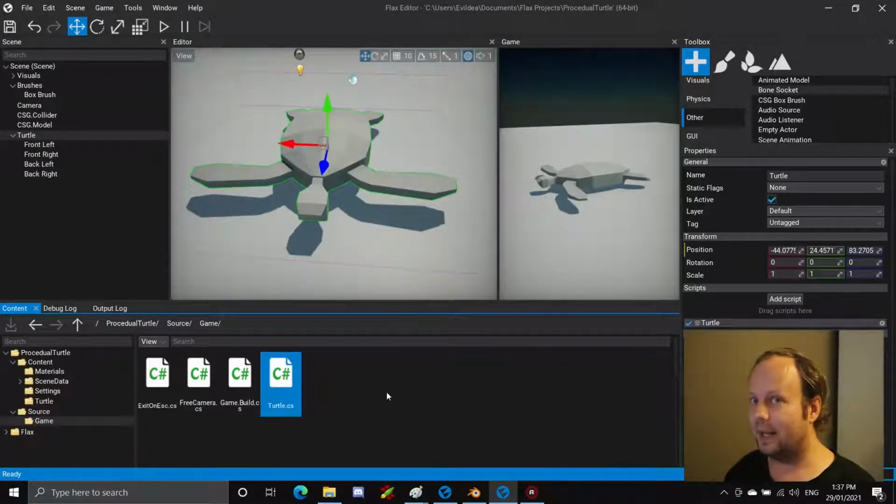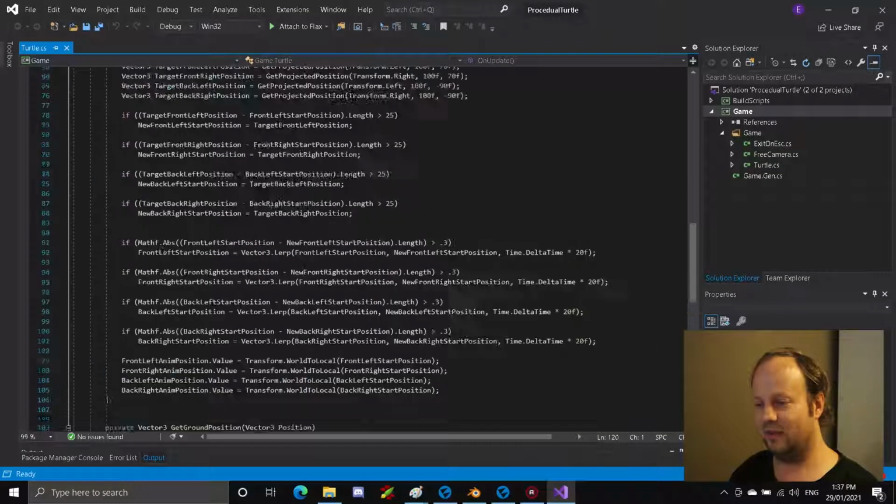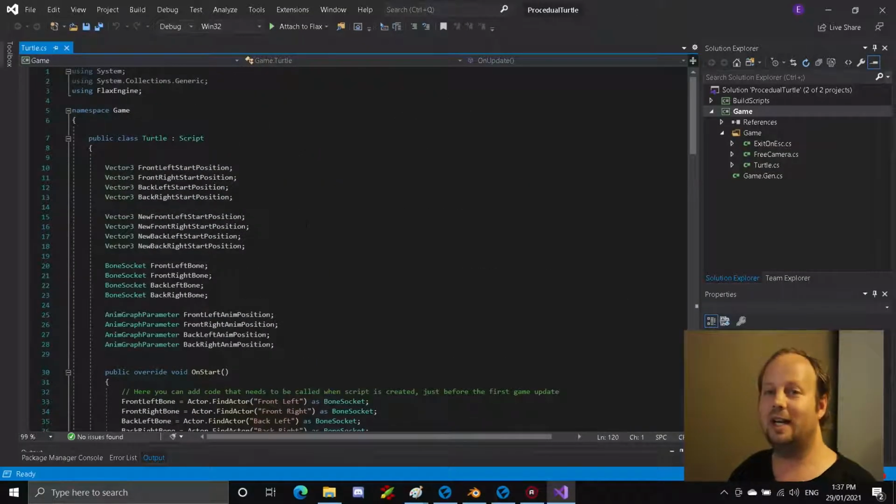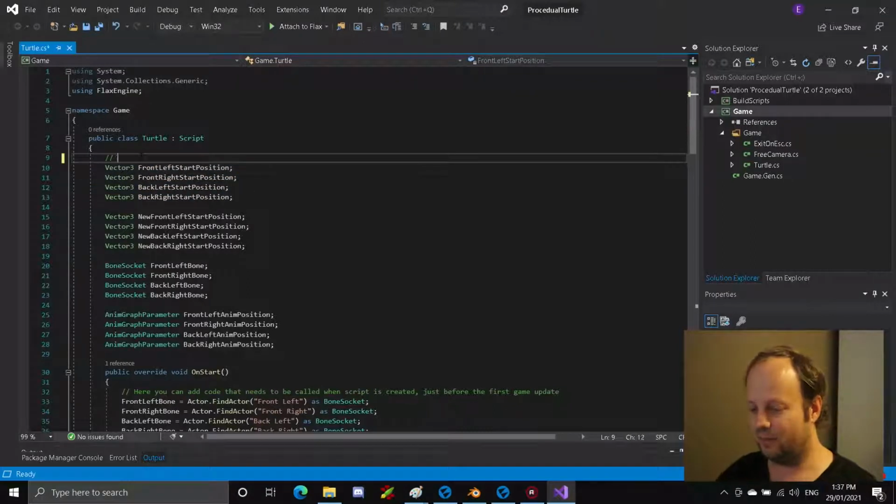Not because it's complex, but because there's repetition for each one of the flippers. And it's actually pretty hard to abstract that out and put it into separate classes. But let's have a look. So, front left start position. This is the start position of the flipper